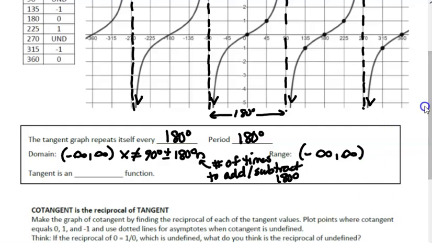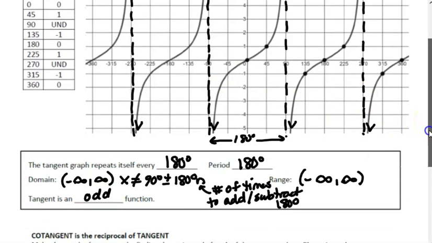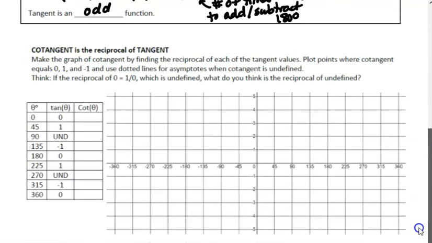Tangent, like sine, is an odd function because if we put opposite values in for x, we'll find opposite values for y. For example, 45, 1, negative 45, negative 1. Okay, so it is considered an odd function. Now, how do we draw the graph of cotangent? Cotangent, we're going to find the reciprocal of all the tangent values. So notice we have some values where tangent is 0, which means its reciprocal cotangent would be undefined. So that's where the asymptotes would go for the cotangent graph, at 0